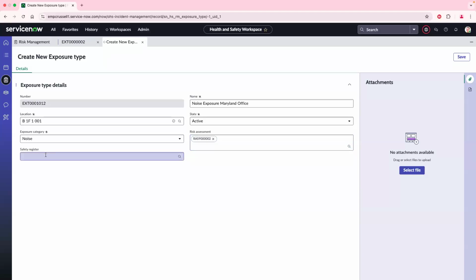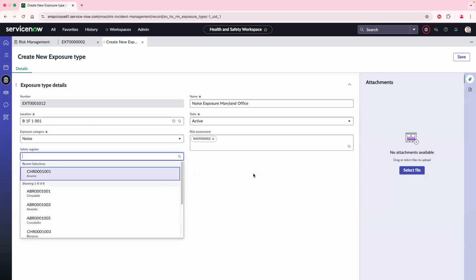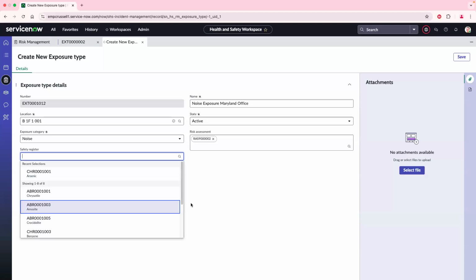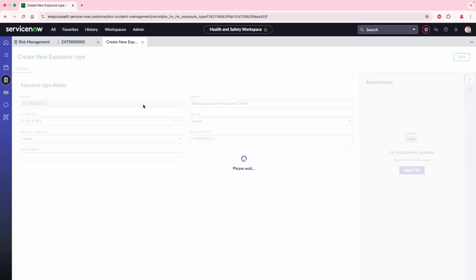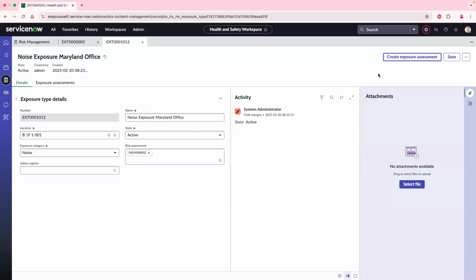Similarly, if we have our chemical or maybe radiation here, we can actually reference our safety register, and this is going to pull in the chemical information to this exposure type. So we'll save this off. And once we save this, we are able to do our next step in the process, which is creating an